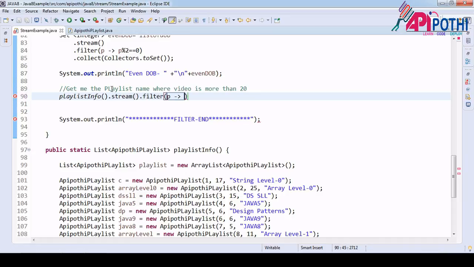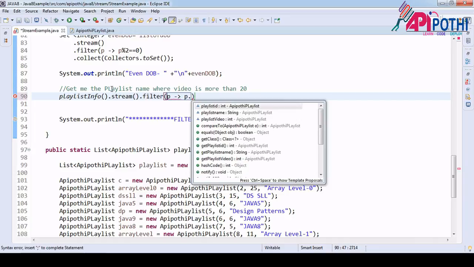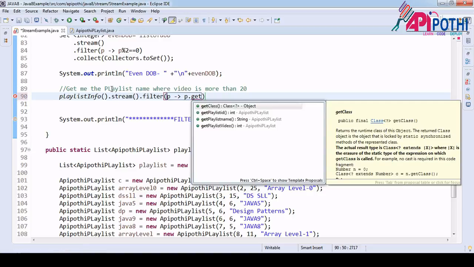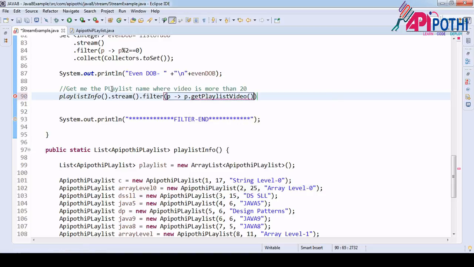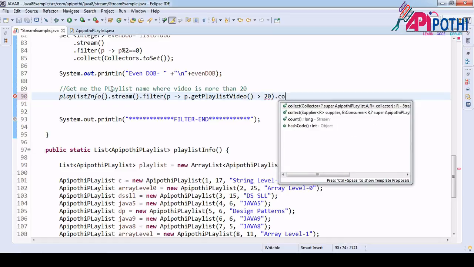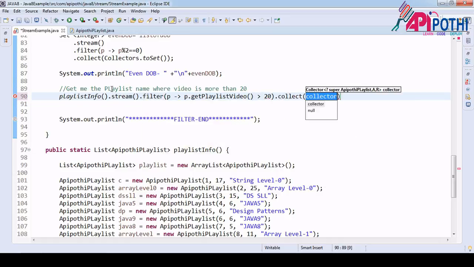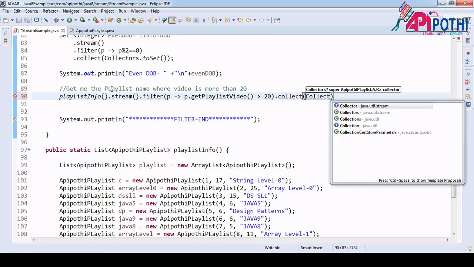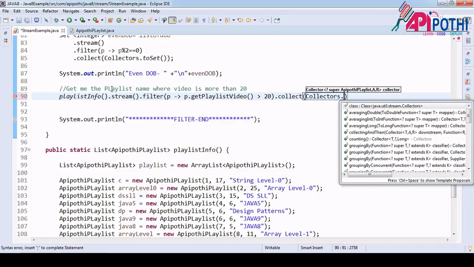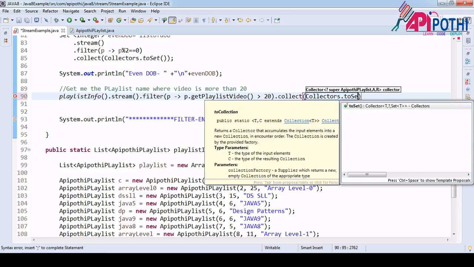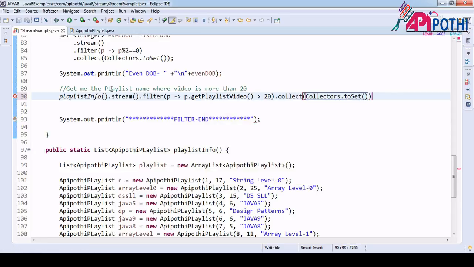So P dot getNumberOfVideo, this one is the number of video, is greater than 20. Once done, then collect the data using Collectors dot toSet, list, anything is fine.